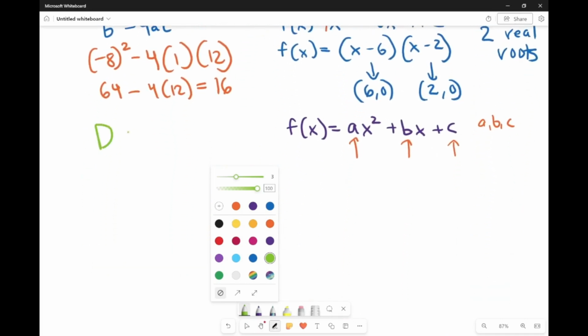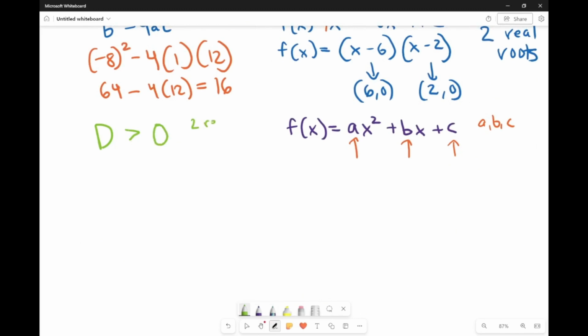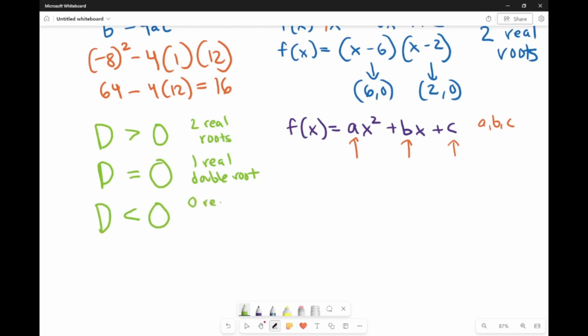If d is greater than 0, that means that we have two real roots. That means our quadratic has two numbers as our answer that are real numbers, numbers on the real number system. If d is equal to 0, we have one real double root. And if d is less than 0, we have 0 real roots, only imaginary